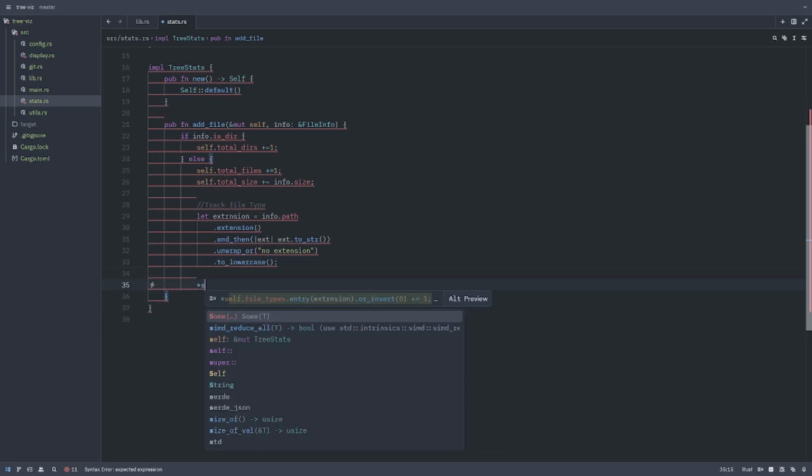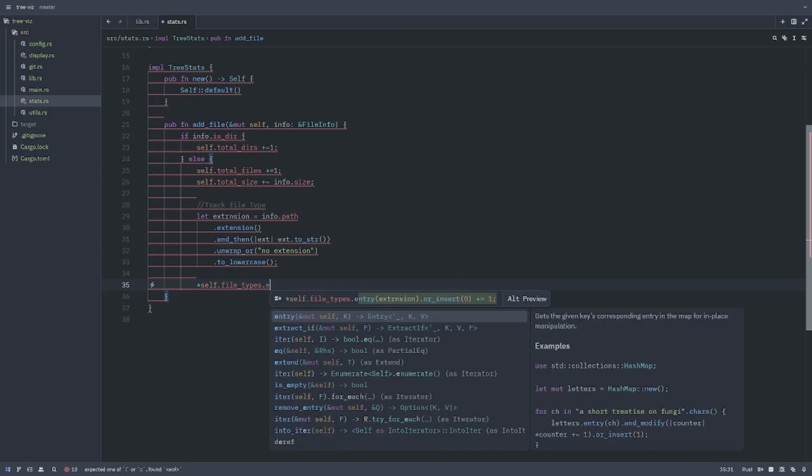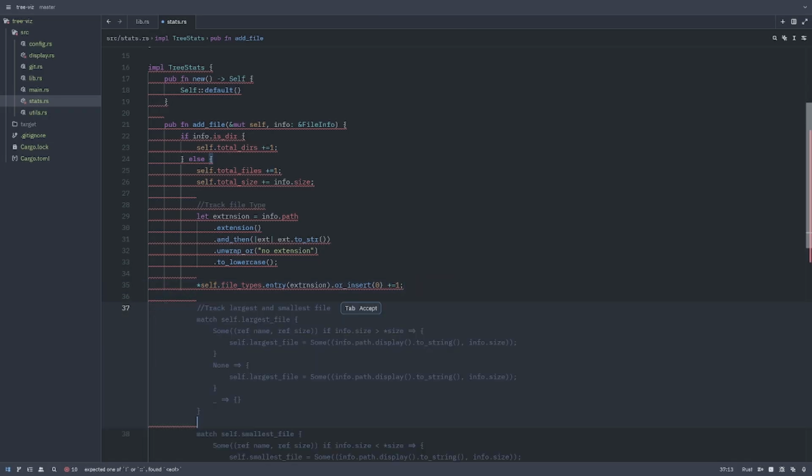Here will be star self file type dot entry extension dot or insert 0 plus equal to 1 always. Okay,